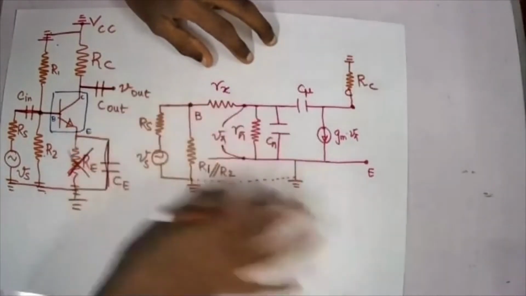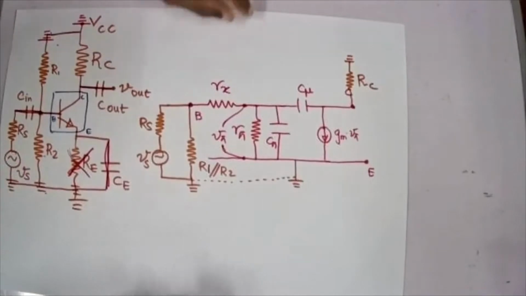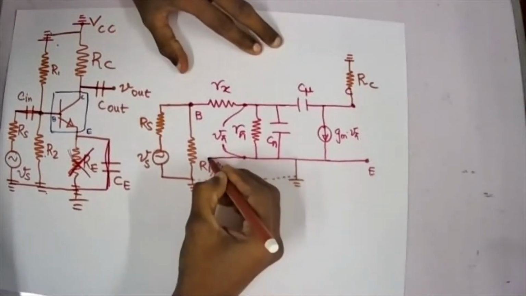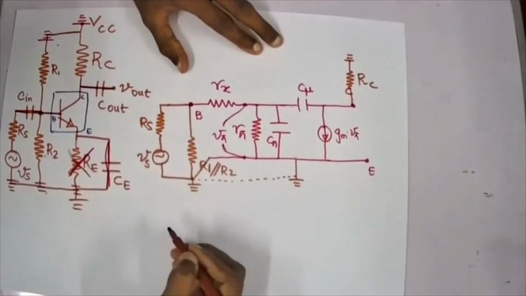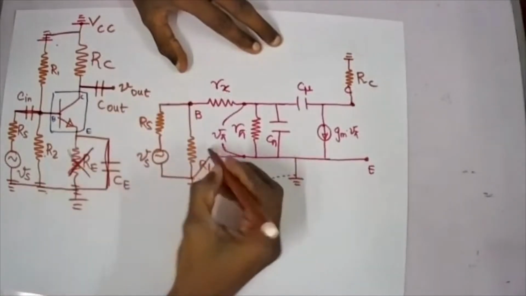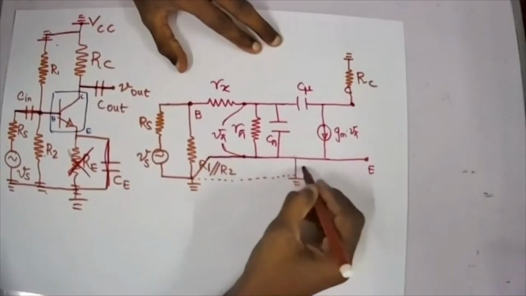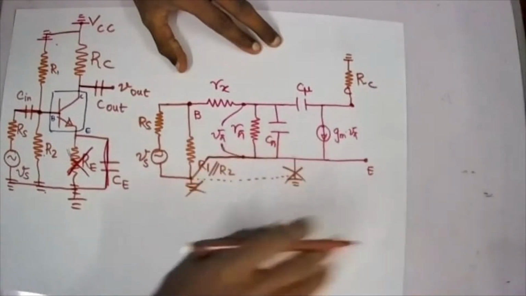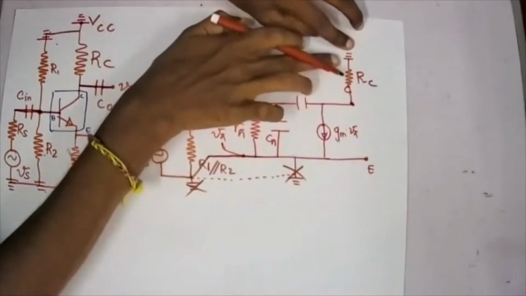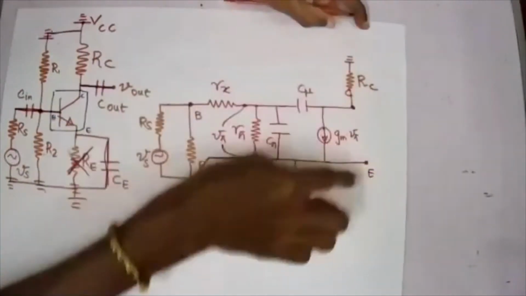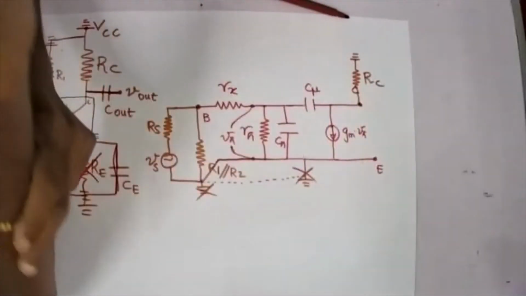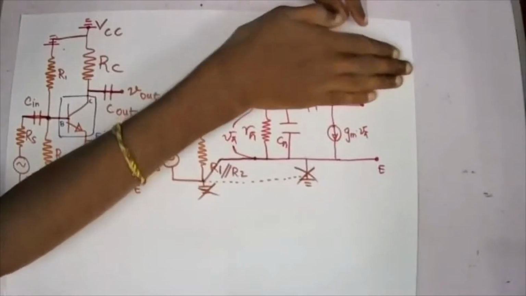Right, so this is my complete equivalent circuit. Now look here, the whole emitter line is grounded, so I could extend this one something like this. I can pull this one up, so I can simply draw a line without these things, so that is grounded. And again, this is ground and RC, which is grounded again. Since they are equipotential points, ground, ground, I can simply fold this